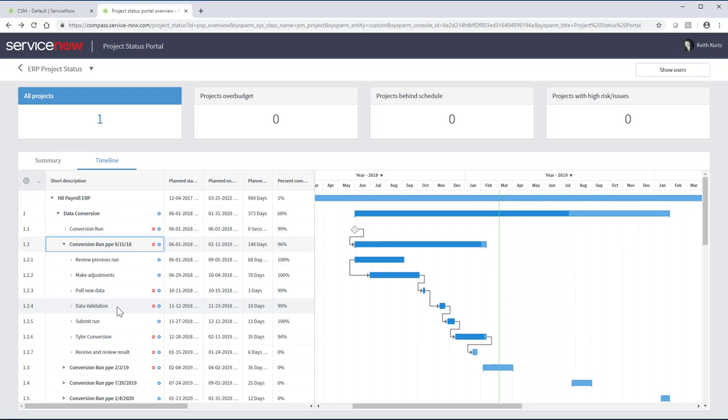The red dot tells us the task is behind schedule. That is, it will finish later than the planned end date per the existing plan. The blue dot tells us that the planned start and end dates are fixed. They will not automatically float as other tasks on which they are dependent change. The project team can change this. In fact, all of these things can be changed